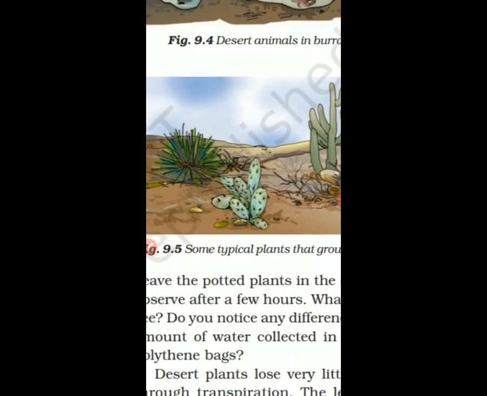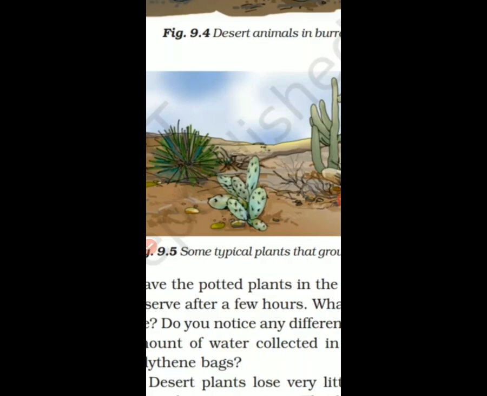The leaf-like structure you see in a cactus is in fact its stem. This is the stem of a plant. This is not the leaf. These are the stem, you can say. This is a cactus plant. So this is the stem of a plant. Photosynthesis in these plants is usually carried out by the stem. In this type of desert plants, instead of leaf, the photosynthesis is carried by the stem, right?